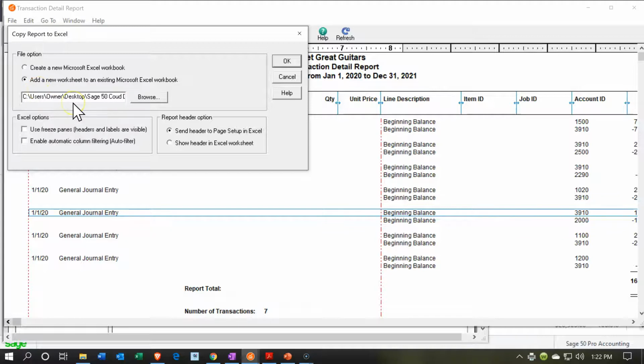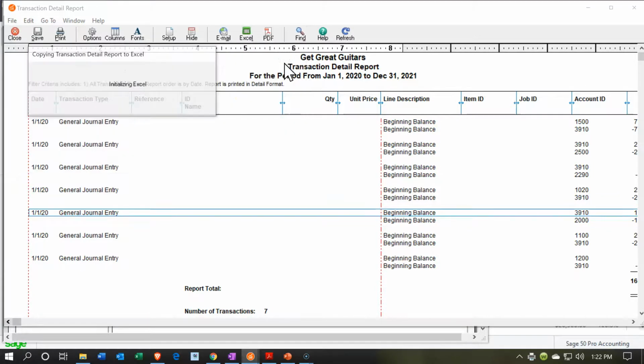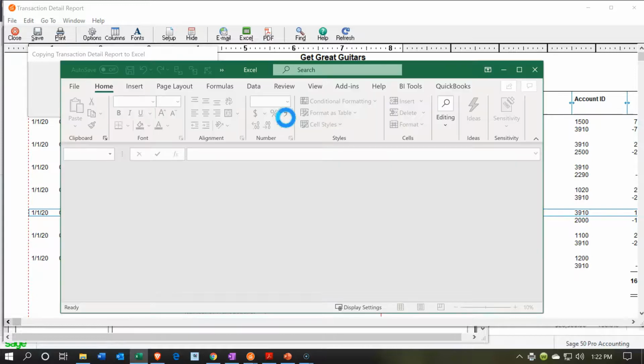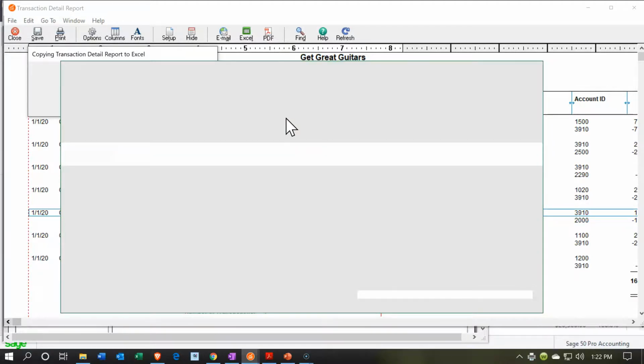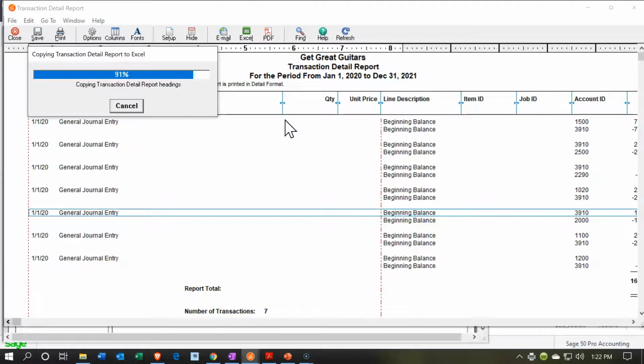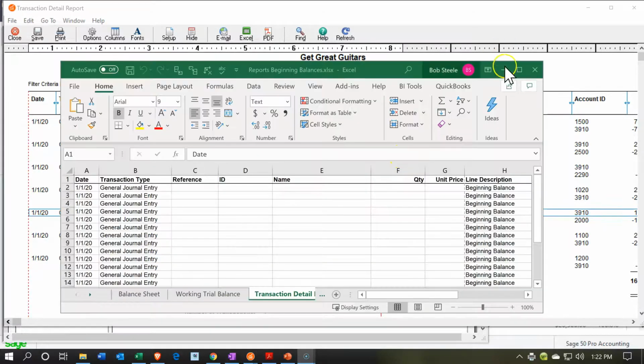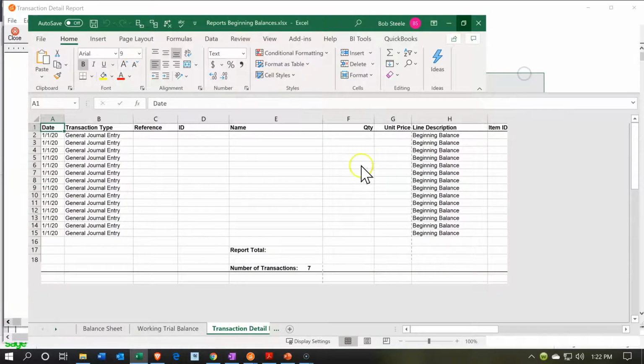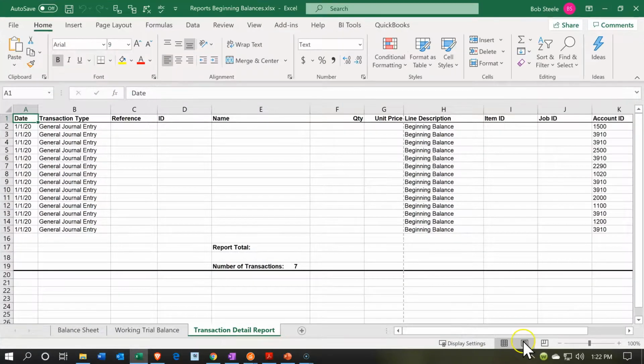It's going to the right report, I think, this time. I'm not even going to check it. I'm pretty sure it's the right report. I'm going to say, OK, we're living dangerous. Hopefully it opens the right Excel document and makes a new worksheet in that existing workbook for the transaction detail report. And there it is. So if I maximize this, then again, if I go to the second tab now,